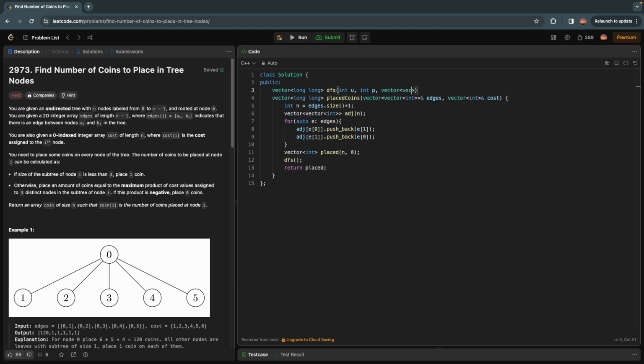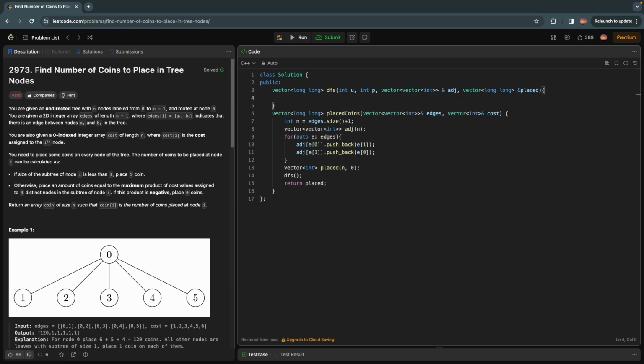Then after that, our list, and then finally our placed vector of long long. Okay. So for each node we have to make two